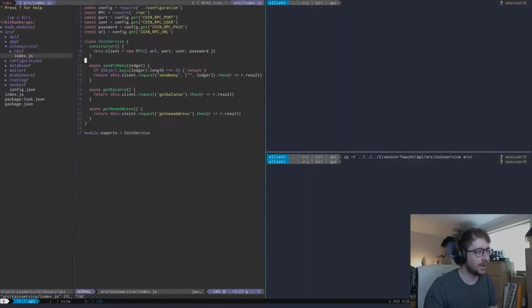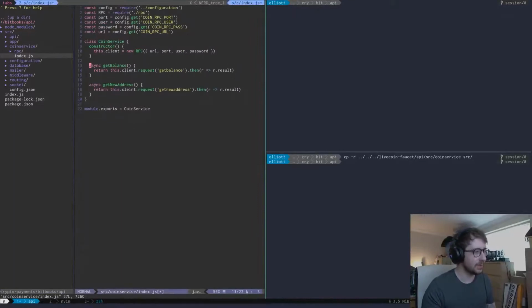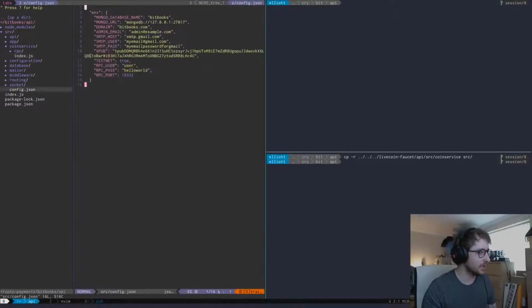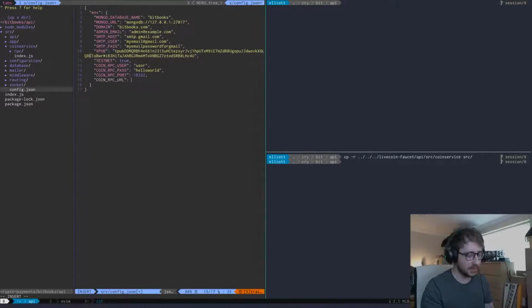Alright, so we've got a new coin service directory here. This is the index. We're not going to have any of the send stuff here. We can get balance, and we don't need to get new address because we're not caring about the addresses. And we get the coin RPC port, coin RPC user, and coin RPC pass, and also the coin RPC URL. So let's make sure we've got all of them there. The coin here, because you want to use your own coin, I guess. And the coin RPC URL in this case is going to be